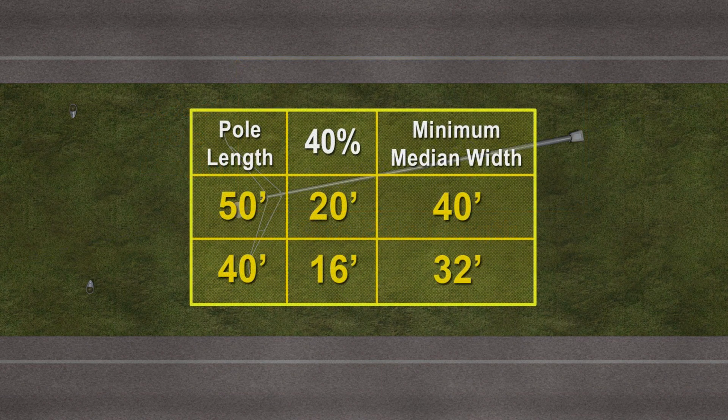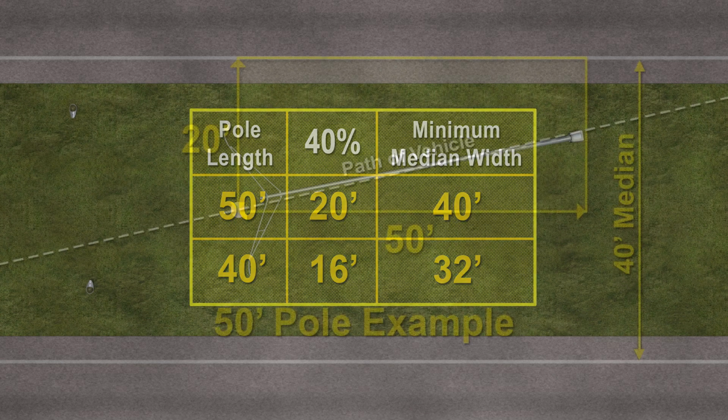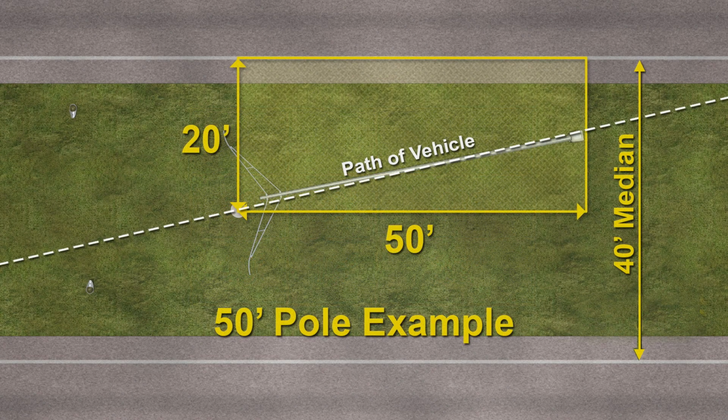Substituting the percentages for a typical 50-foot pole would require a falling area depth of 50 feet and a width of 20 feet. This results in a 50-foot pole requiring a median with a minimum width from lane edge to lane edge of 40 feet. For a 40-foot pole, the actual falling area would be 40 feet by 16 feet. This results in a 40-foot pole requiring a median with a minimum width from lane edge to lane edge of